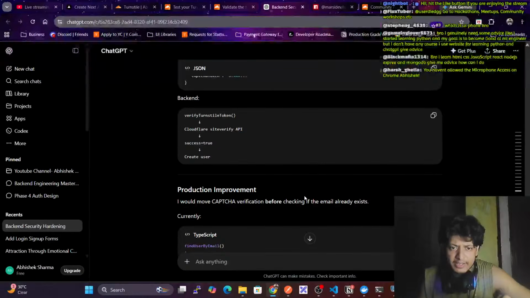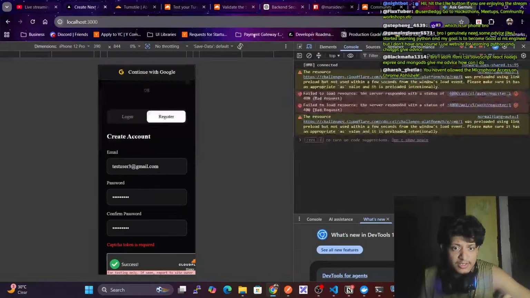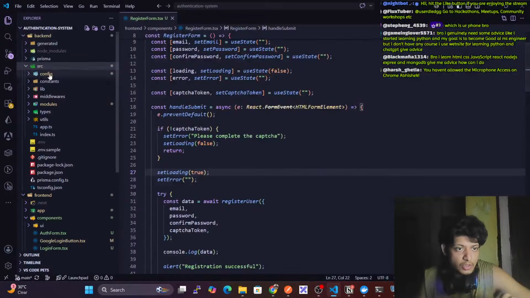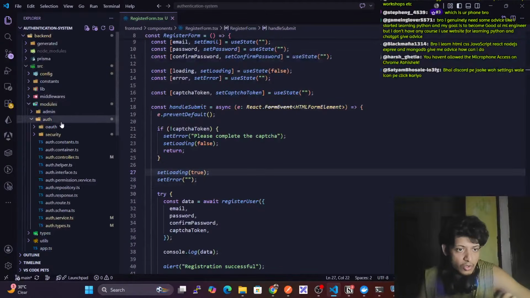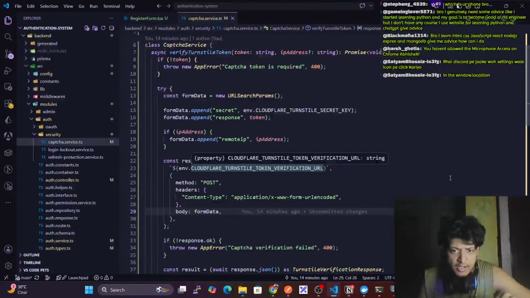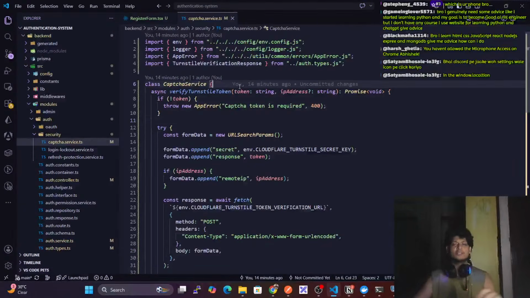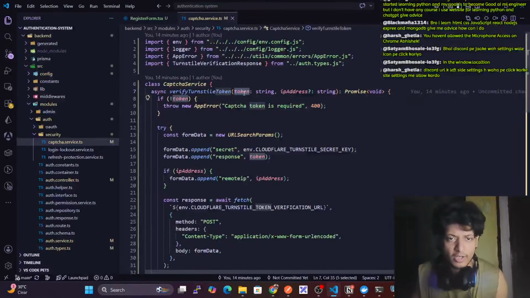But here we were getting this issue. What error did we get? We got this error that captcha token is required. Captcha token is required, and if I go to module auth security captcha service, where is it? Captcha token is required. Okay, so basically, I think I got the issue. We are calling it token here,